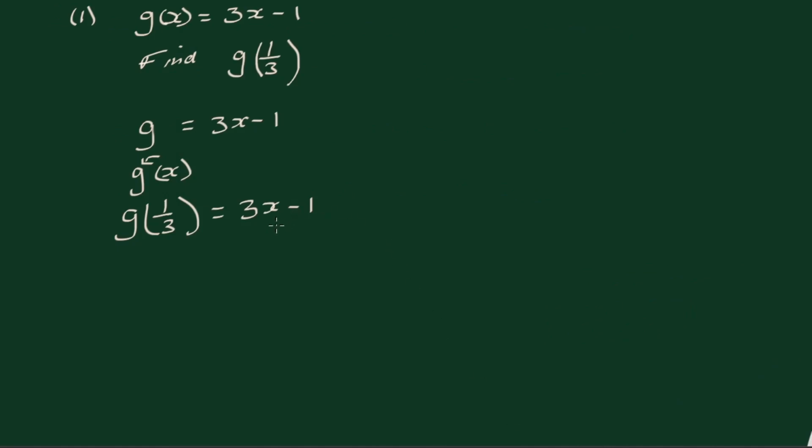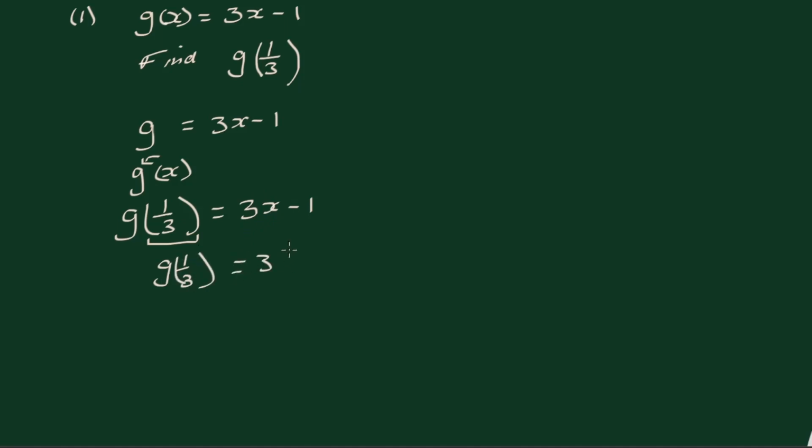All right, so question 1, we are given the function g(x) equals 3x minus 1, and we are asked to find g(1/3). So again, the function g is 3x minus 1. g of x means x will be the input into the function g, and we specify the input to function g. So 1/3 indicates the input to function g. Anywhere we see x in the function g, we're going to replace it with 1/3. So g(1/3)